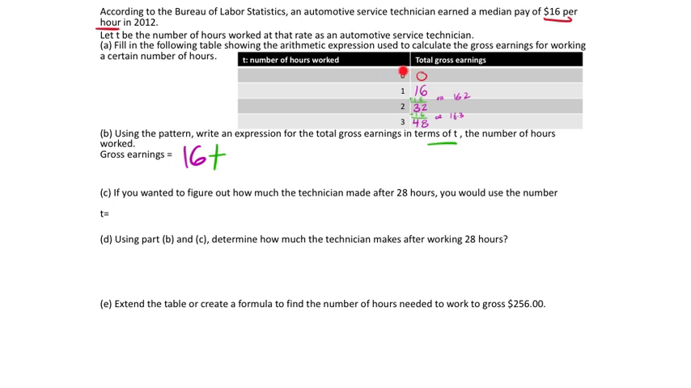Even this one, if they work 0 hours, well, 16 times 0 is $0 gross earnings. 16 times 1, $16 for that first hour. 16 times 2, 32. 16 times 3, 48, and so forth. But that at least is the expression or the formula that you would use for number of hours worked for